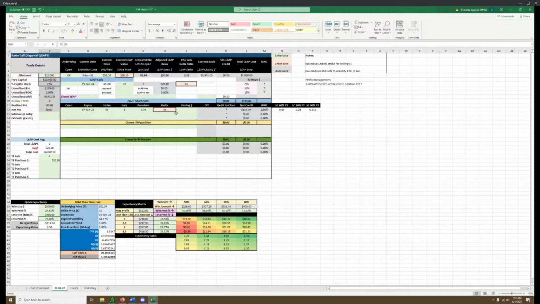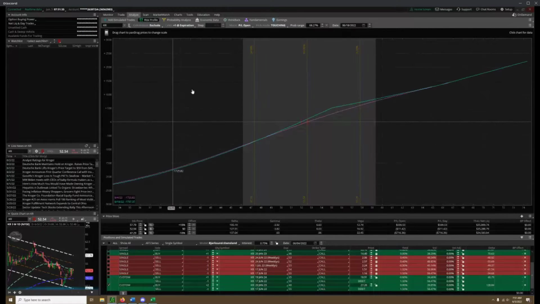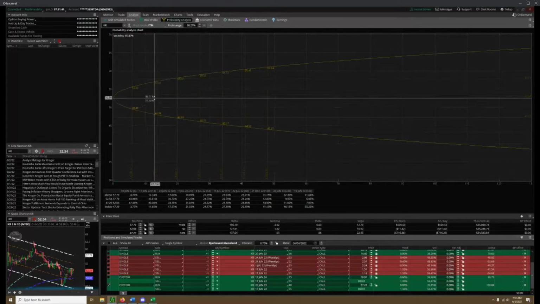Okay, so this is what happened. We're doing the probability analysis for the entire trade. I keep going back to thinking about short calls, so my brain is thinking short calls, but this is for the entire trade. Yeah, that does totally make sense. So you're right, if it falls below $49, that's when I start hitting my max loss, because the leaps